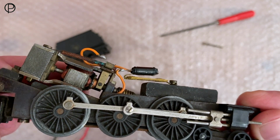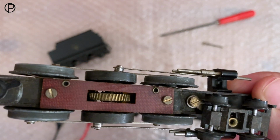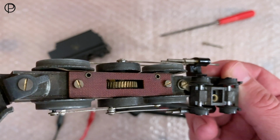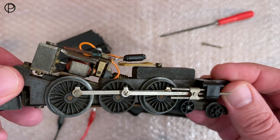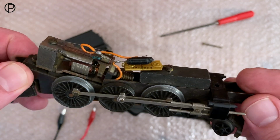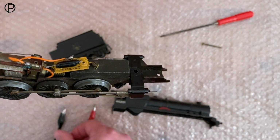The motor looks terribly dry. It does rotate reasonably freely there. Again, the gearing looks very, very dry. The wheels are tremendously dirty, but I don't see why this isn't going to clean up, and it should run very nicely. So if we just pop a little bit of power on